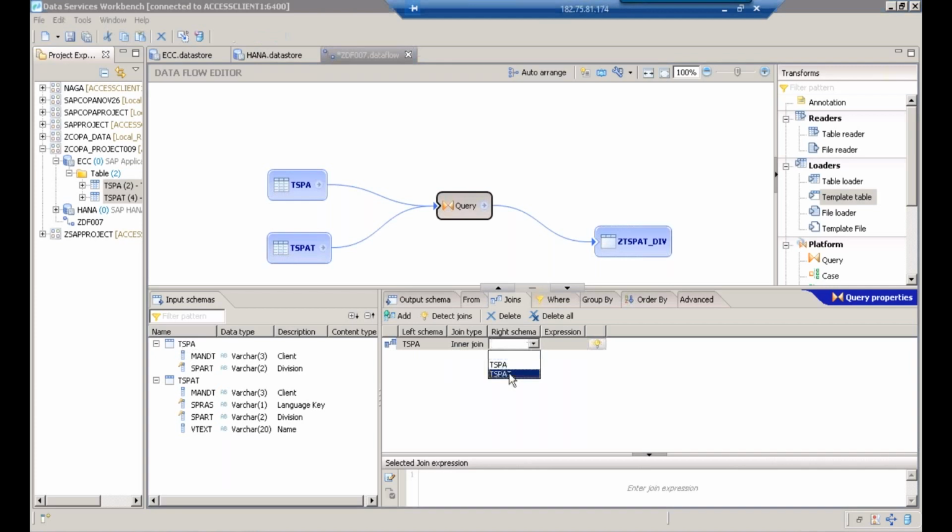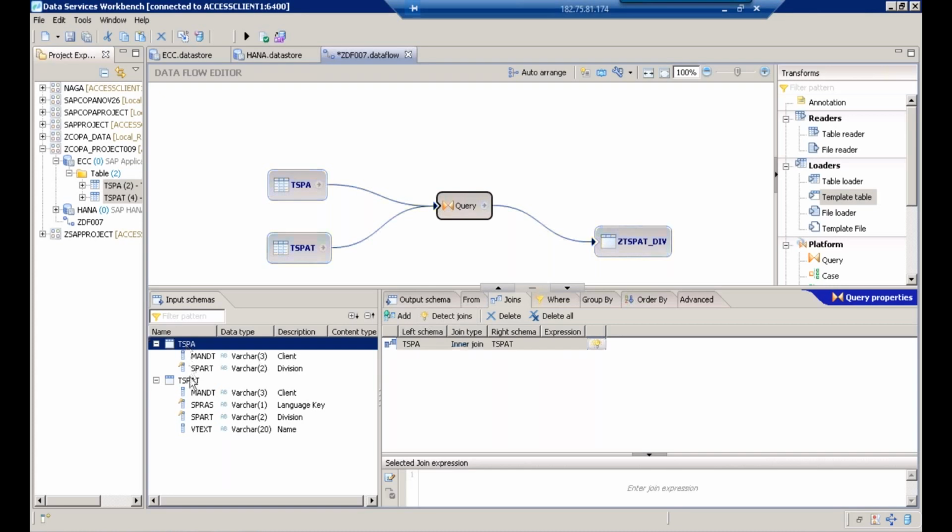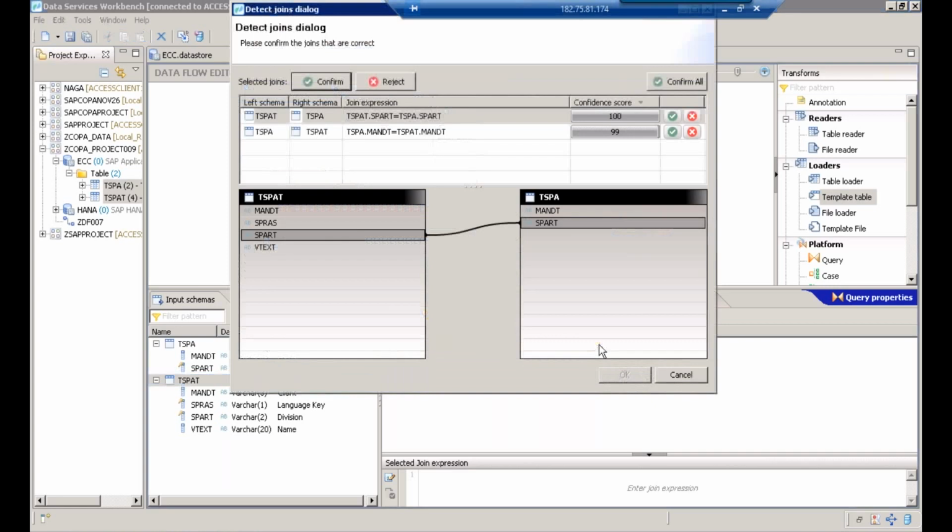Just select these tables. So I'm just trying to link both these tables. This table and this table, I'm just trying to link. And here you see there is a small bulb-like icon. Click on this icon. Once you click on the icon, here you see when you want to join TSPA and TSPAT,